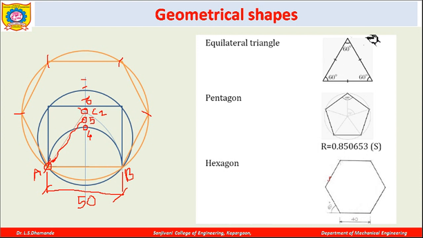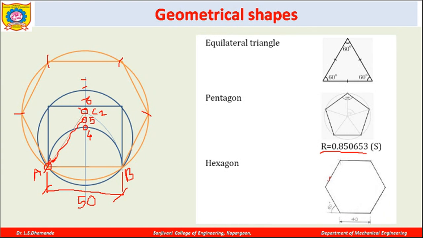Or the other way, an equilateral triangle can be drawn with a 60-degree inclined angle for these equal sides of this particular triangle. Or even another way of drawing the pentagon is to use the radius of 0.850653 times the side. But definitely it is not as exact as what you get otherwise. So if you do this kind of construction, you may get the exact size of the pentagon or the hexagon or any other polygon such as the octagon also. So generally, if you draw the hexagon, this is the way you can draw it. Or here you can draw the angle between these two lines at 60-degree.